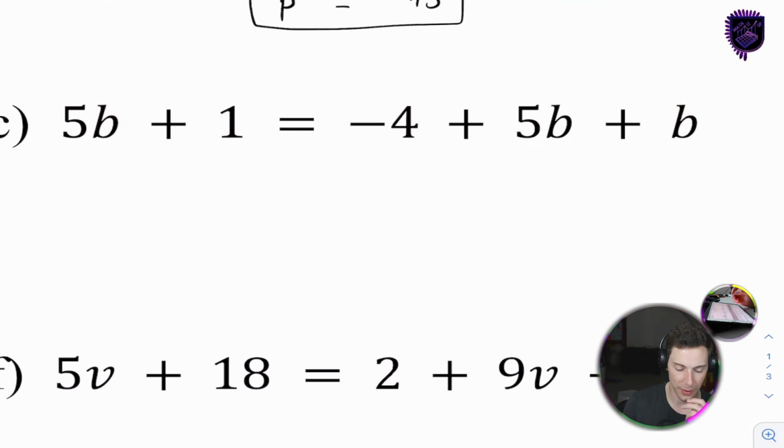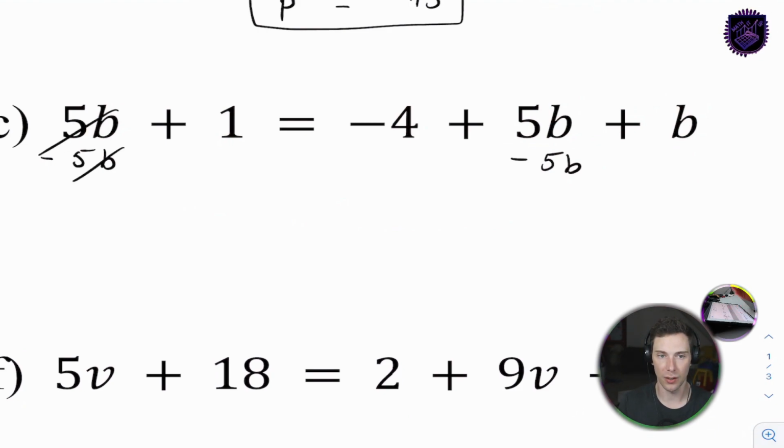You know what, I'm going to do this one: I'm going to go minus 5b, minus 5b. So I'm canceling out the variable on this side to get my variable just on one side. And the reason I chose this way is because I guess it would have worked the other way too, kind of. I can actually cancel those out too because they're both 5b. And it leaves us with,